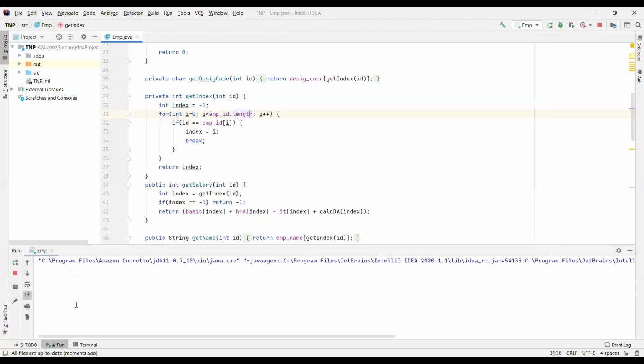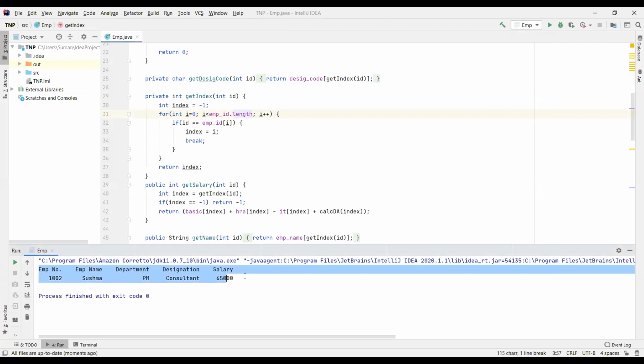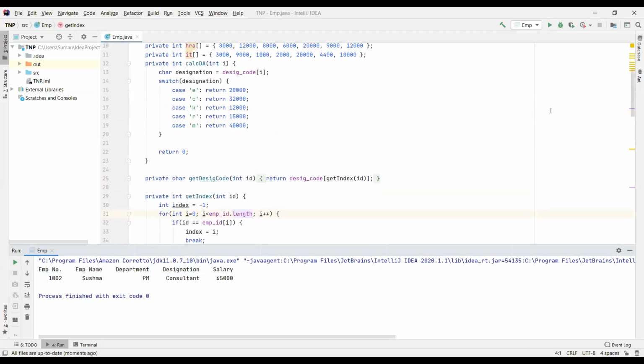When I run, it will fetch the employee database from your array, from your table. Employee number is 1002, employee name is Sushma, department is PM, and designation is consultant. Here the designation is consultant, so what is the DA value?